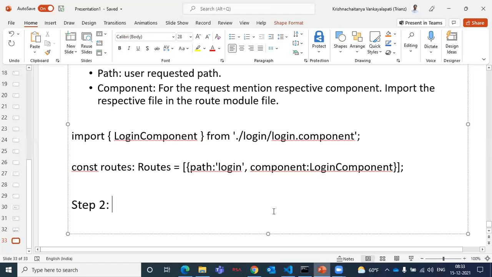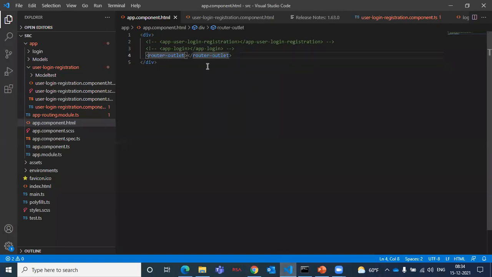Next, step 2, go to the app component HTML file. Sir, do I have to mention it only in the app component? No, it is not pre-specified. You can specify it in some other file also, but as a practice for up to 1 or 2 weeks, specify it only in the app component HTML file. You can give it in some other component and refer to it there, but the best practice and recommended way is to have the router outlet only in the app component.